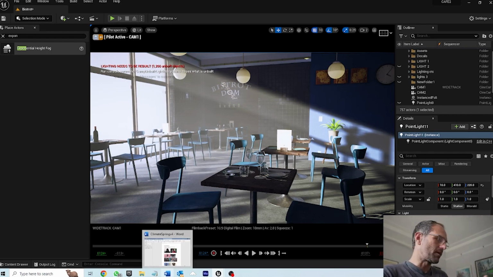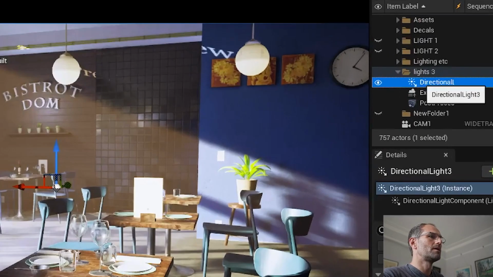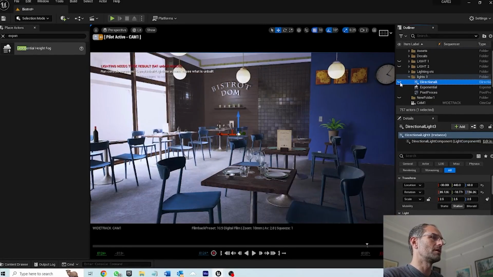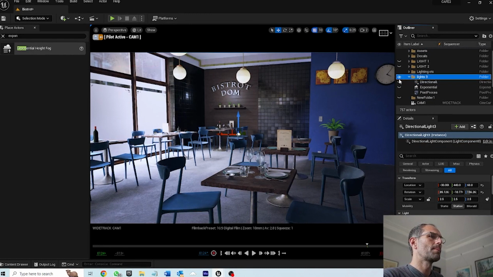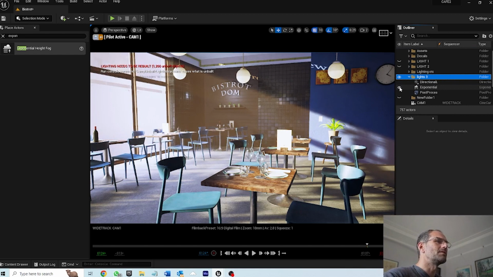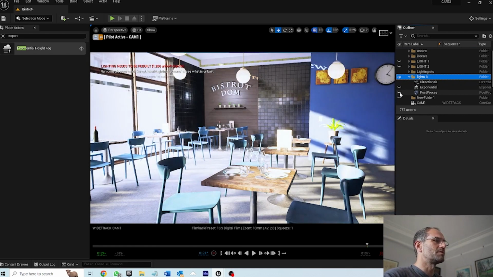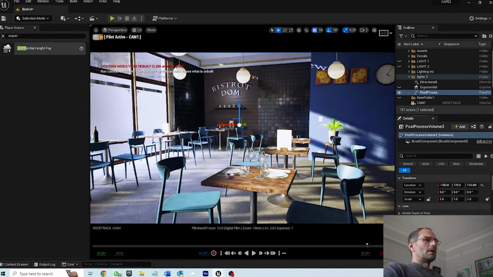Remember what you did. You did three things. You turned on ray tracing. You created a directional light, because without the directional light, there's not a lot to look at. That's really giving us our sun. You created fog, which gave us our God's rays, our lovely fingers. And you created a post-process volume so that you can control the aperture. And that is your blocking out, and this is what you can now really start to design and create